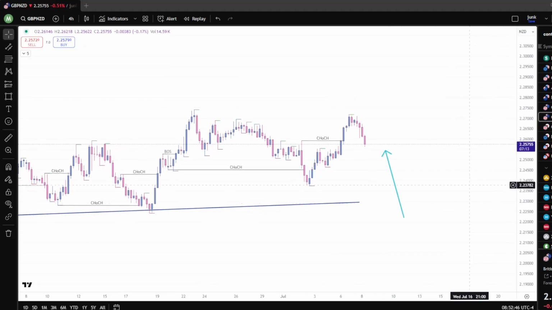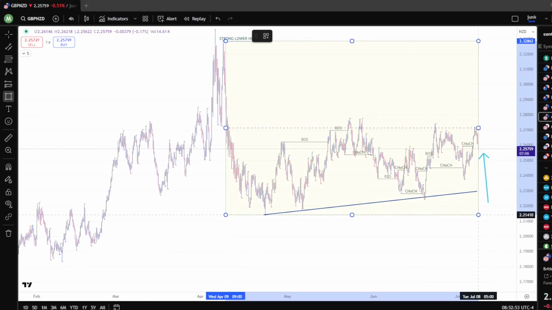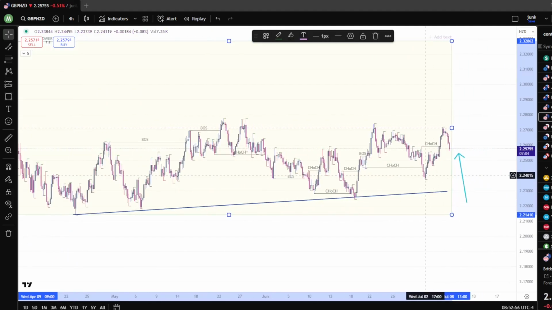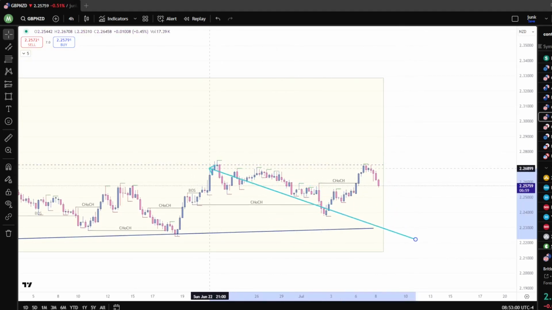GBP NZD, let's go map out the current range. And as we've been seeing, price had gone back into premium, kind of consolidated, sellers still reacted from it. Pushed back down, broke structures to the downside, but then buyers stepped back in and started to break structures to the upside. And like I was saying yesterday, it probably was headed towards premium once again,